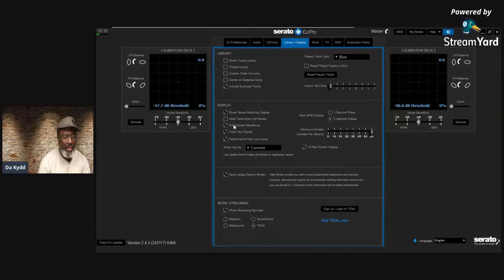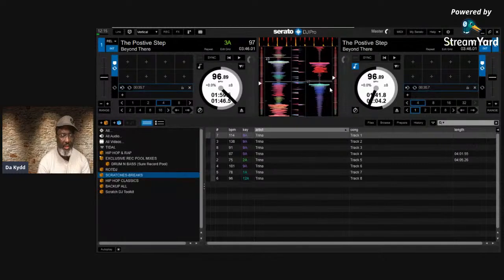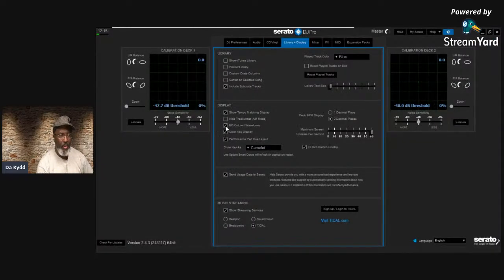All right, now the next one, EQ colored waveforms. This is to indicate, now, blues are your highs, red are your lows, mid range is like orange and yellows. You have that whole spectrum that's going across. So you're going to have right here more bassy tones, right here and here. This is probably maybe kicks or snares or whatever. You're going to have different stuff at different points. So if you uncheck that,